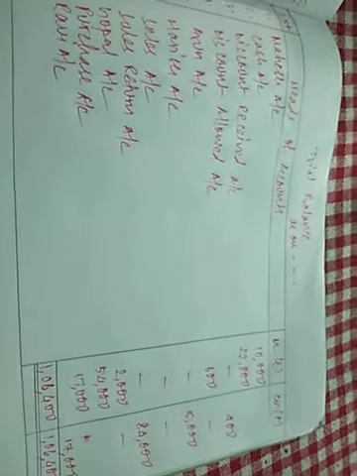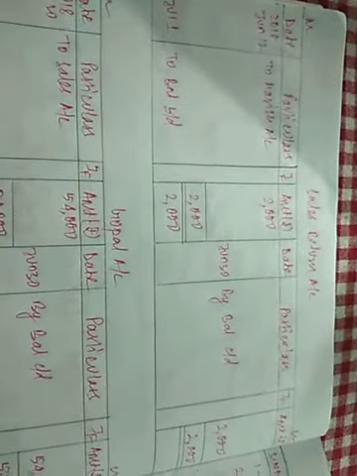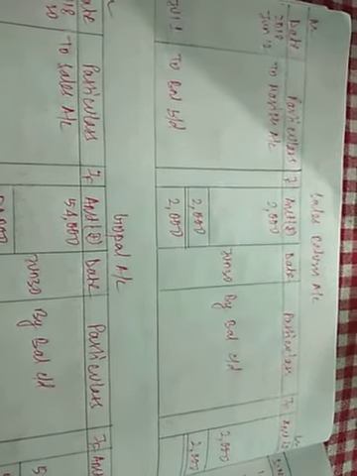So today we have learned how to prepare a journal, ledger and trial balance together. I hope this is clear to all of you how to prepare a journal, a ledger and a trial balance. I'll also click the pictures of this for your reference and send it to your group so that it will be quite easy for you to understand. Along with the question, I'll also click the solution and send it to the group. Apart from this, I'll also send one more question for you to solve. You will prepare journal, ledger as well as trial balance for that question and send the solution to me personally on WhatsApp. And after this, if you have any queries remaining with this chapter, please let me know through WhatsApp or through call.